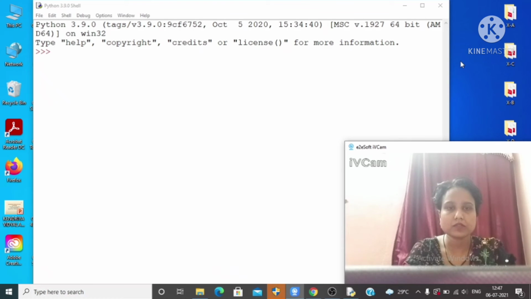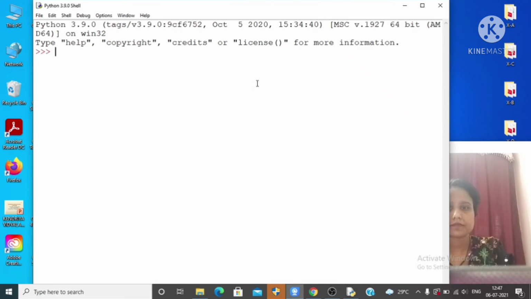How to find out its type by using type function, how to find its value by using print function, and also finding its identity by using id function. So suppose x is equal to 10, this is written. And now if you want to find out the type of your object, just use type function and then press enter. It will give you the type. In this case the type of object is integer.